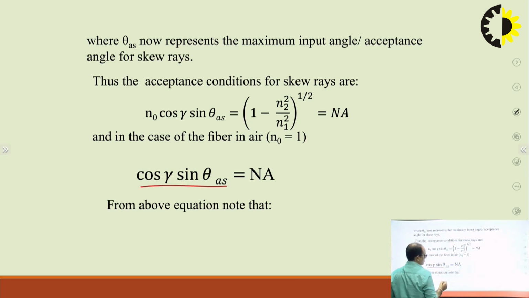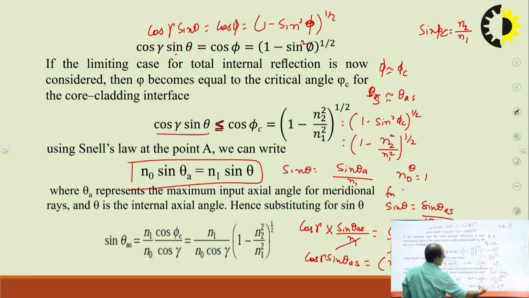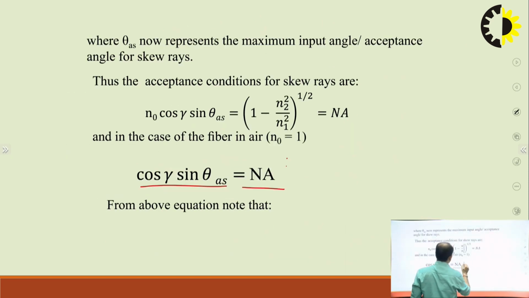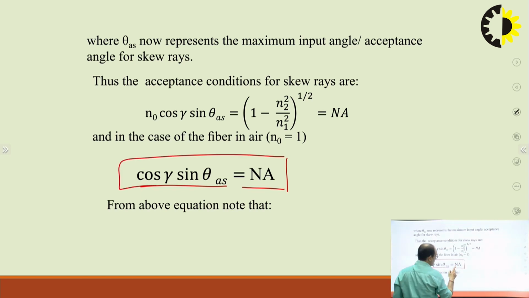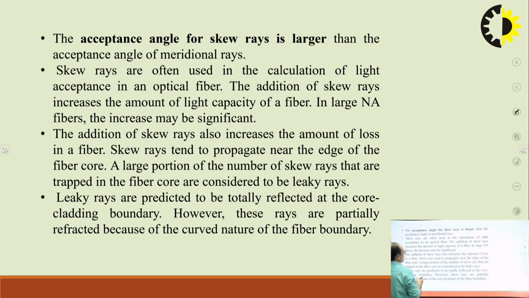And cos gamma into sin theta as can be equal to the numerical aperture of the optical fiber. As we know, this numerical aperture is of the optical fiber cable, not for the skew ray. But the acceptance angle for the skew ray is different as compared to the acceptance angle for the meridional rays. Clear? So cos gamma into sin theta as is equal to the numerical aperture, and from the above equation you can say that